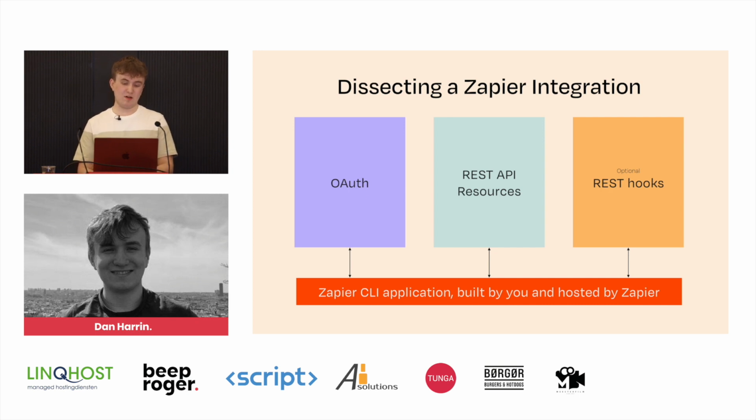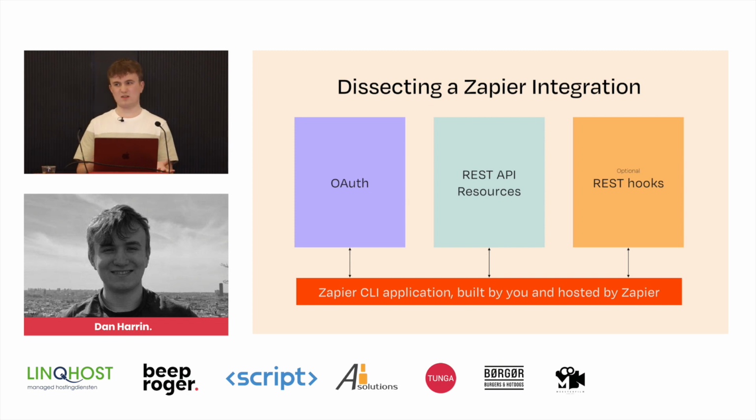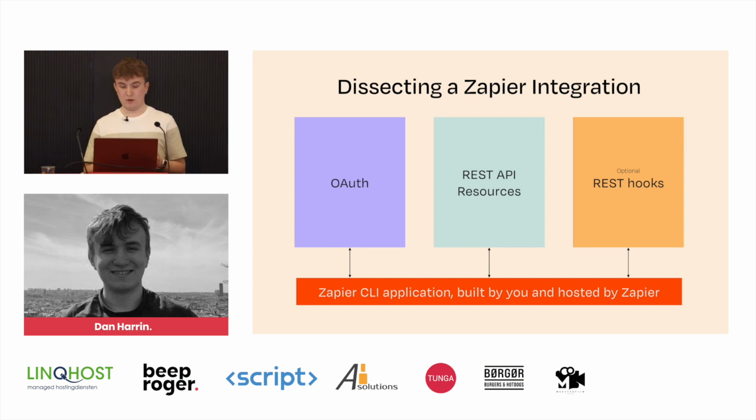Second one is REST API resources. So in your API, you're probably going to have already some controllers, but we also need an extra layer on top of those controllers to tell Zapier where those controllers are, what data to send them. If we have any input fields, then we define those in our resources inside our Zapier app. And then they get passed straight to your API when your users use your integration.